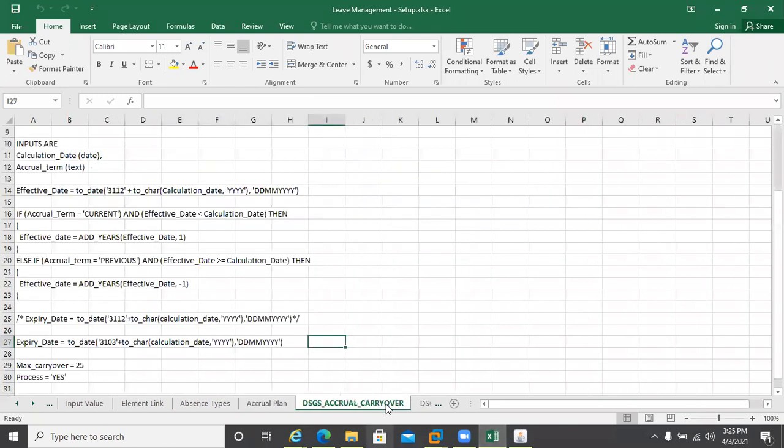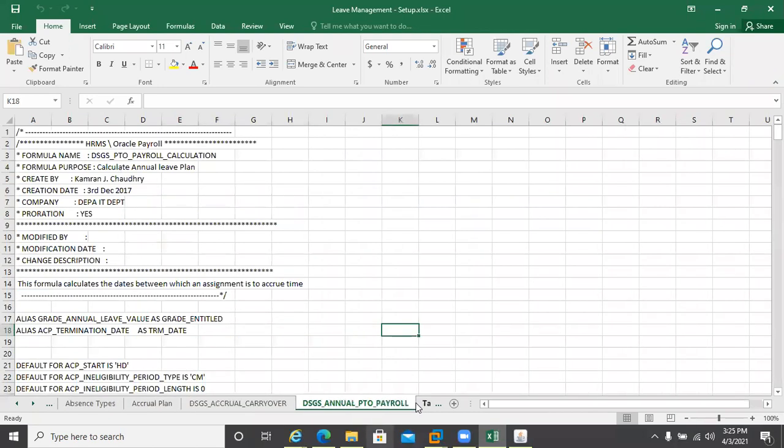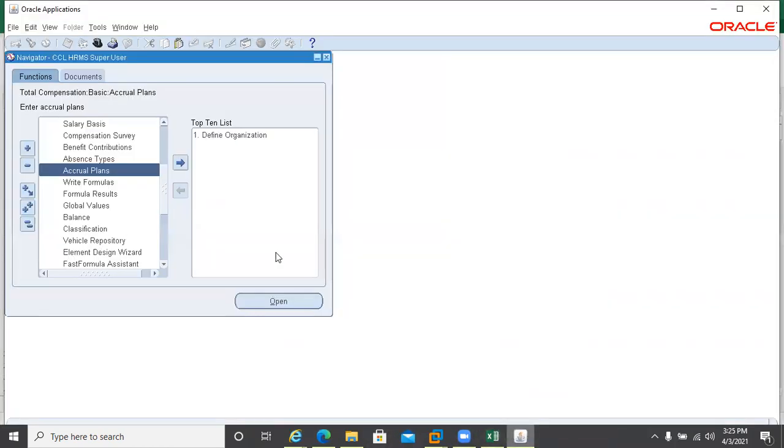Because it is very important that you have a very good concept of formulas, and based on those formulas we have to make sure that once we create them, we will complete this accrual